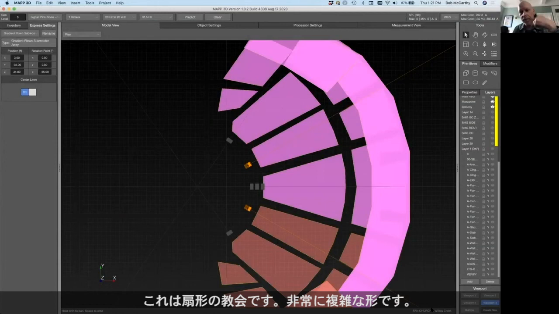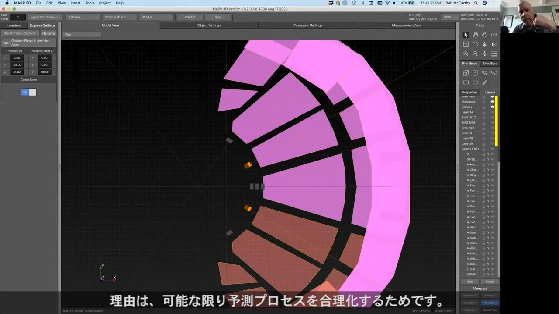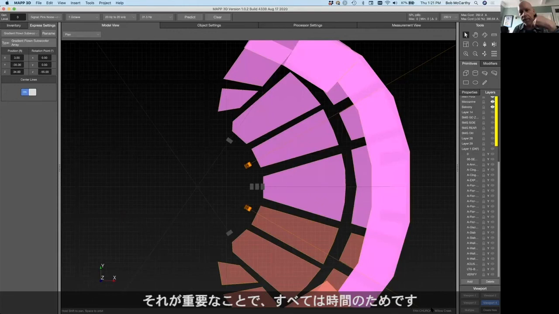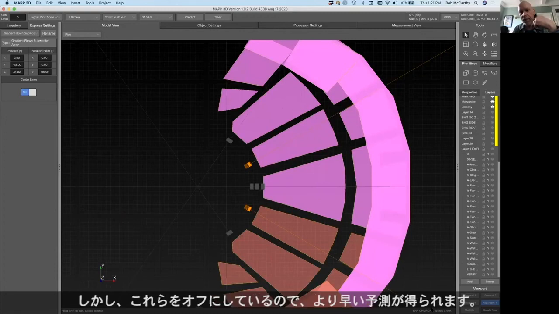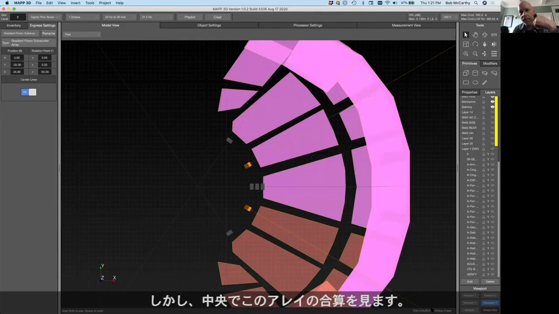So this is a fan-shaped church. It's a very complex shape. And the first thing you'll notice is that I've turned off the prediction plane on all the exclusively house left panels. The reason being, I'm going to streamline the prediction process as much as I can. And that's the key thing. It's all about time. So I can still fire up both these arrays and get the fully predicted response, but because I have these turned off, I get a faster prediction,